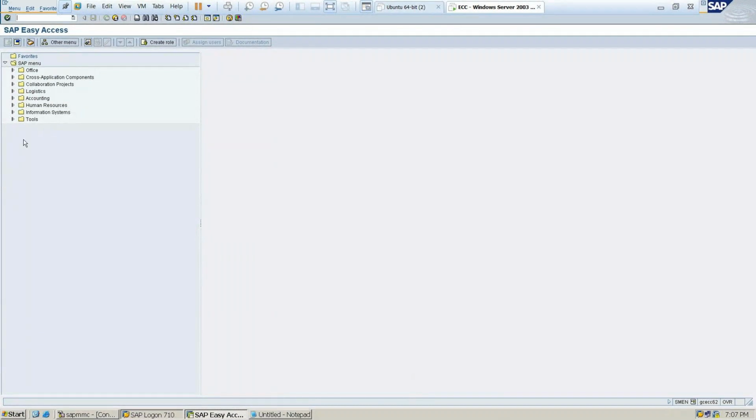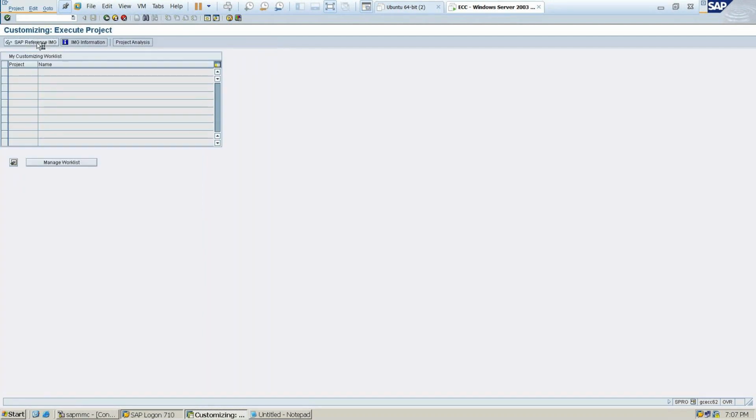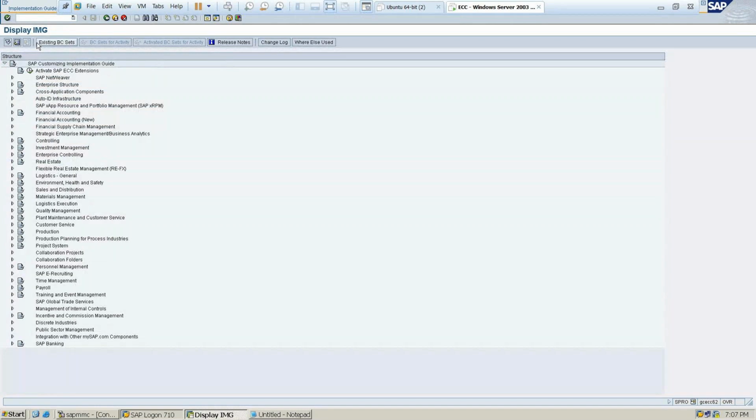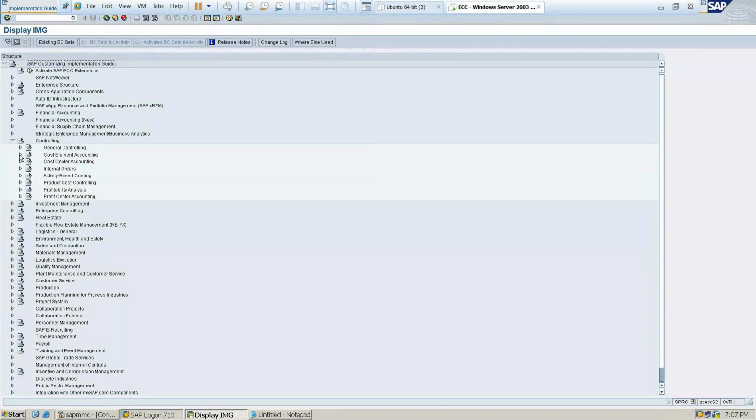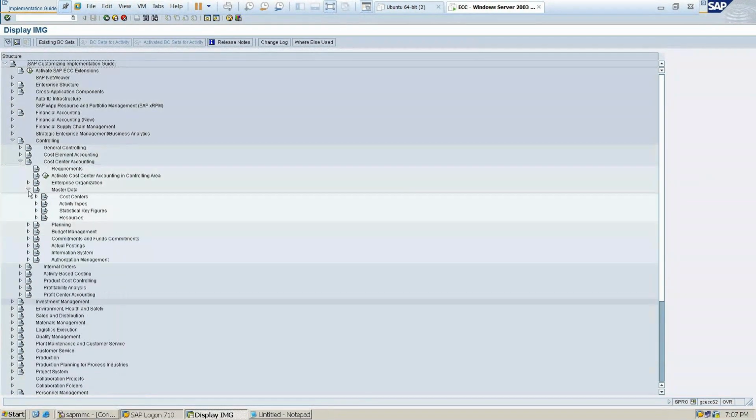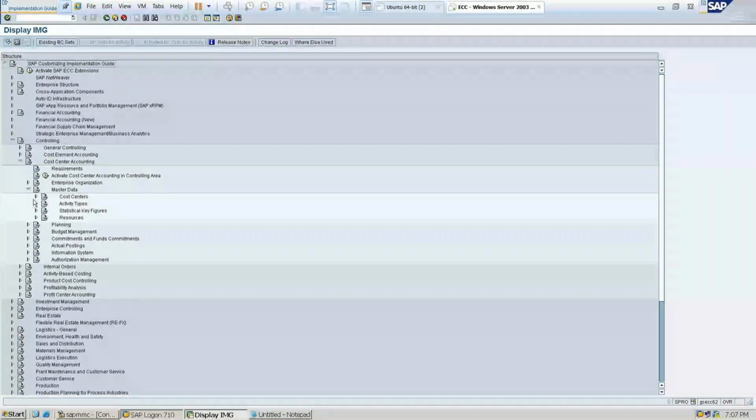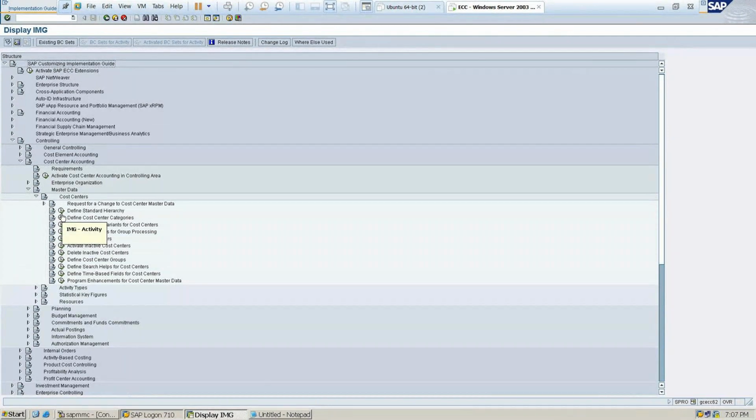So we'll go by path. Transaction code I'll check and let you know. So here: SAP reference image, controlling, cost centers accounting, master data, define standard. So here, define standard hierarchical.